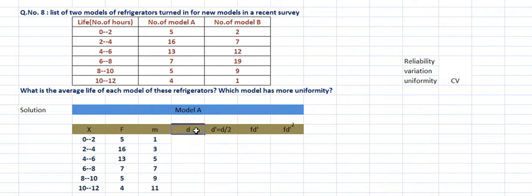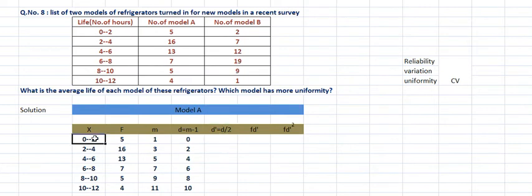Then what is D? I think you all know that D equals M minus the smallest number. The smallest number in the question is 1. So 1 minus 1 is 0, 3 minus 1 is 2, 5 minus 1 is 4, 7 minus 1 is 6, 9 minus 1 is 8, and lastly 11 minus 1 is 10. So D comes now. What is D dash? D dash equals what? All these D numbers divided by what?